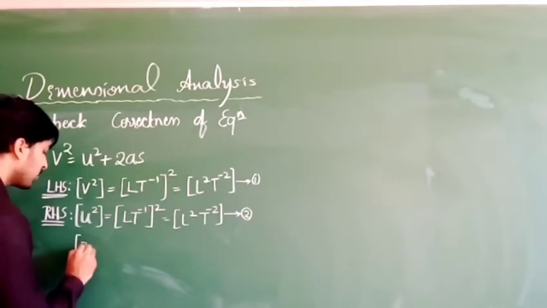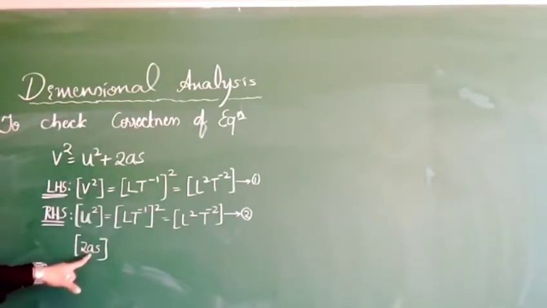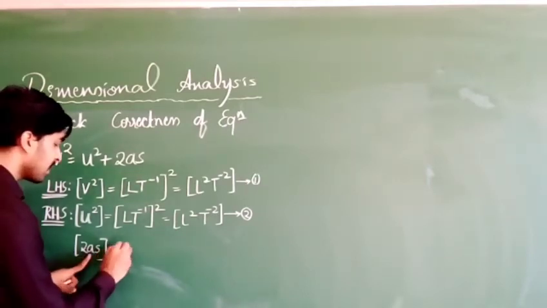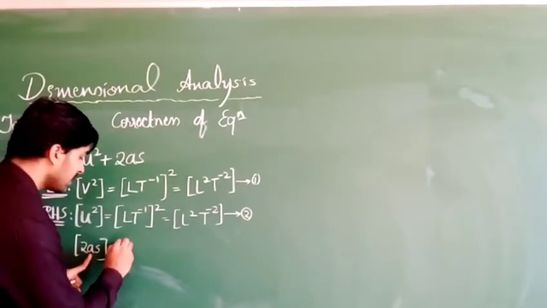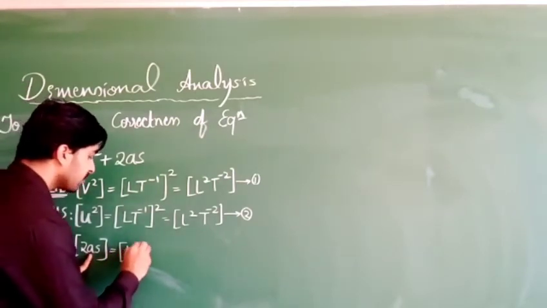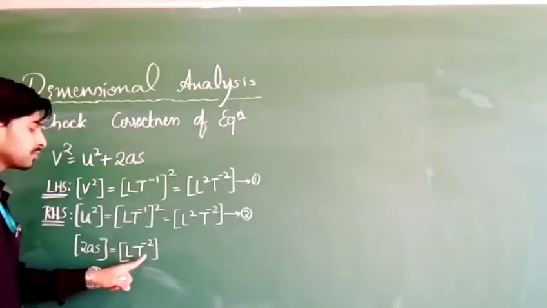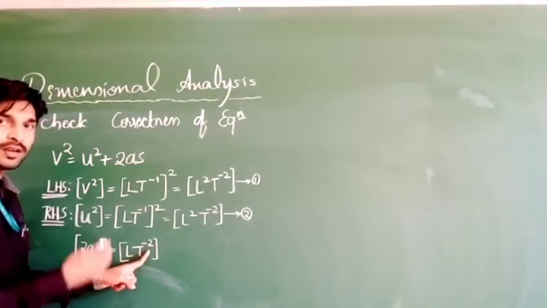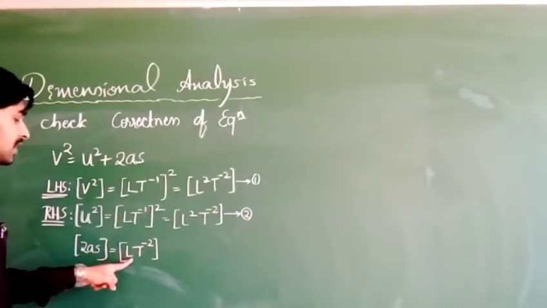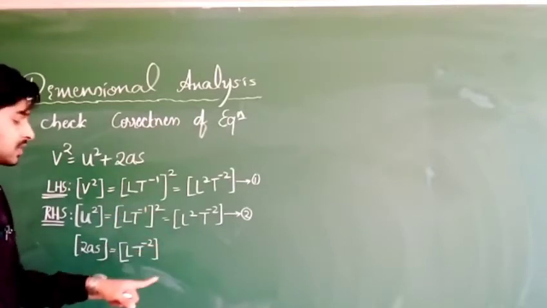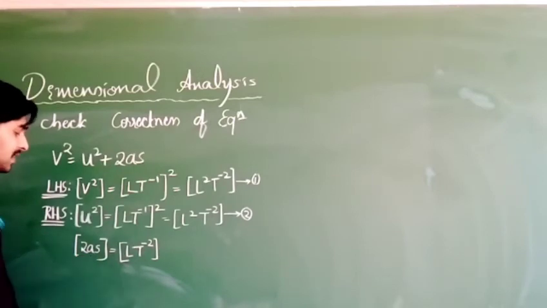Next you are having 2AS. Apply dimensions for 2AS. 2 is nothing but a constant. Leave it outside. Dimensions for acceleration. Acceleration is nothing but what? Rate of change of velocity. How I can write? L into T to the power of minus 2. How? Velocity is LT to the power of minus 1. Next, divided by time means one more time will come to numerator. That's why LT to the power of minus 1 into T to the power of minus 1 will become LT to the power of minus 2. Clear? So this is about acceleration.